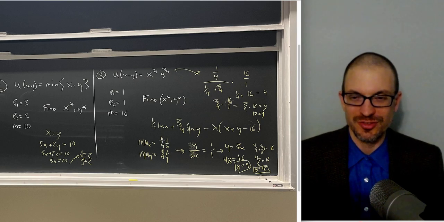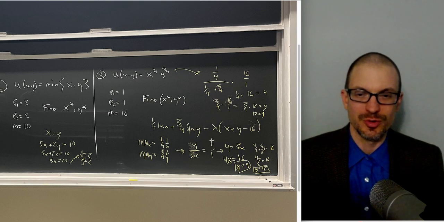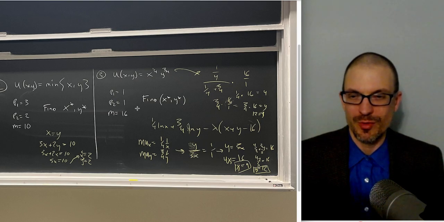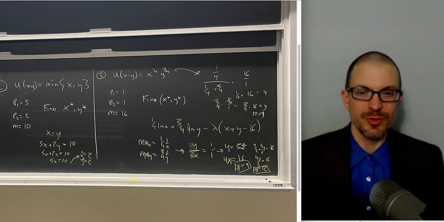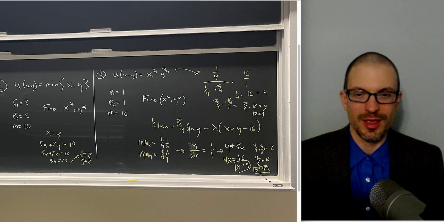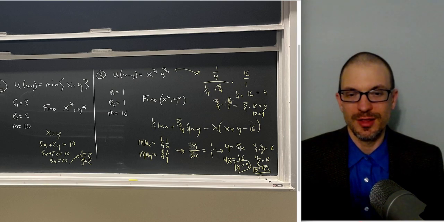The 4's cancel, so you'll have what? Y over 3x, right? And then we'll set this equal to our price ratio, which is 1 over 1, right? Remember, with our price ratio, that's going to be px over py, right? Solving, we find tangency, and this is happening where y is equal to 3x. So what we're going to do is replace this into our budget constraint and then go ahead